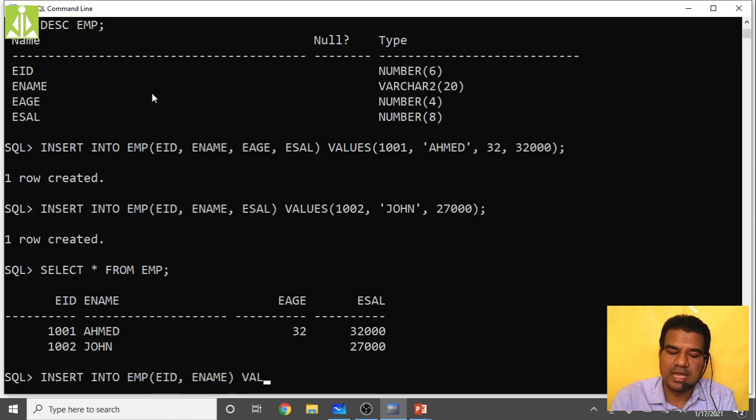I don't know the salary as well. So values of, let us say, 1003, and the person's name is some Robert, like this. Then you put semicolon at the end.